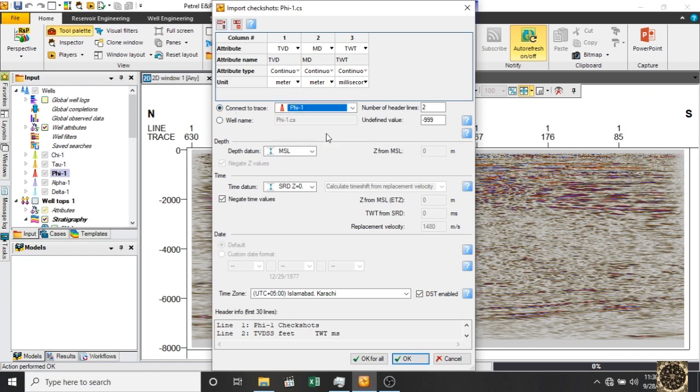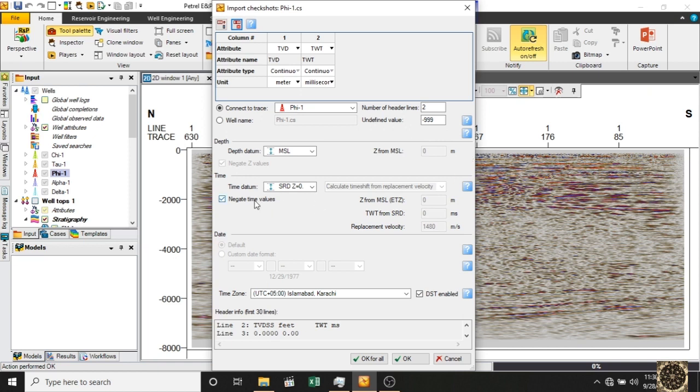The header lines are 2, there are only 2 header lines. So we have to click 2, and we have TVD in feet and two-way time in millisecond. We don't have MD, so delete this MD column. Meter and millisecond. Our depth reference is mean sea level, and mean sea level is 0, SRD is 0, and